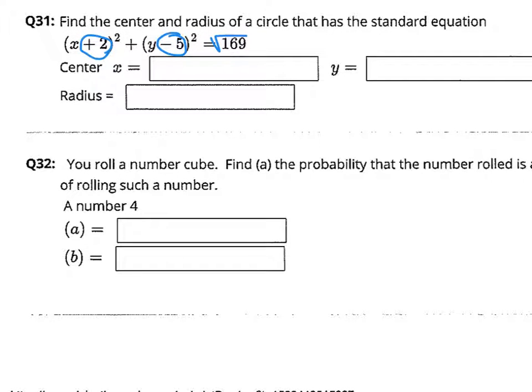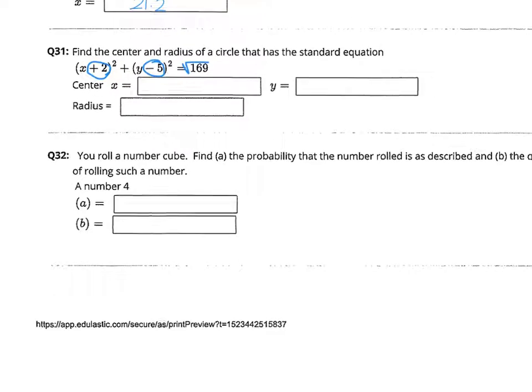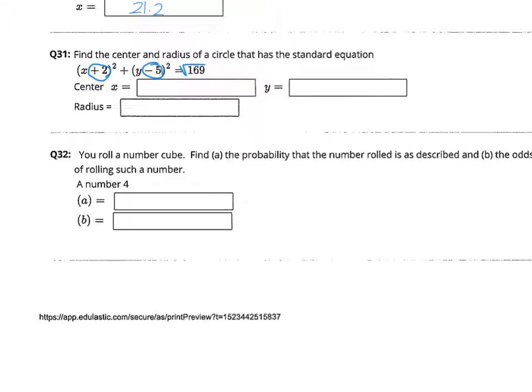32, we're talking about probability. So what's the probability that on a die you're going to roll a 4? Well, there are 6 total sides on a die. What's the chance of you getting a 4? Put that number up top. That's for